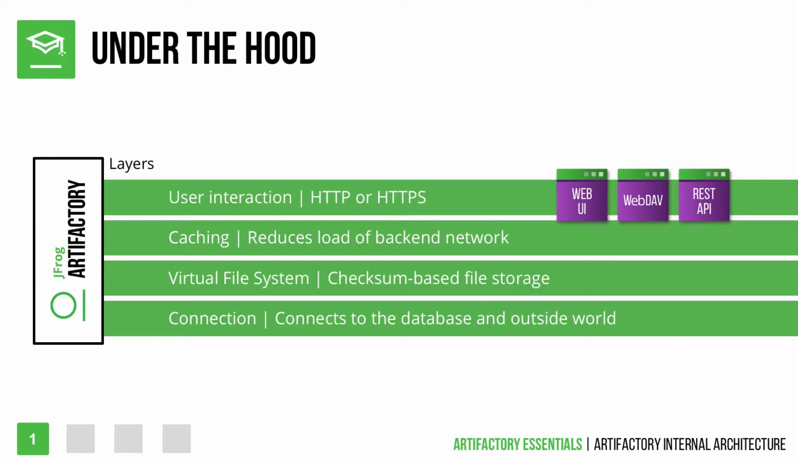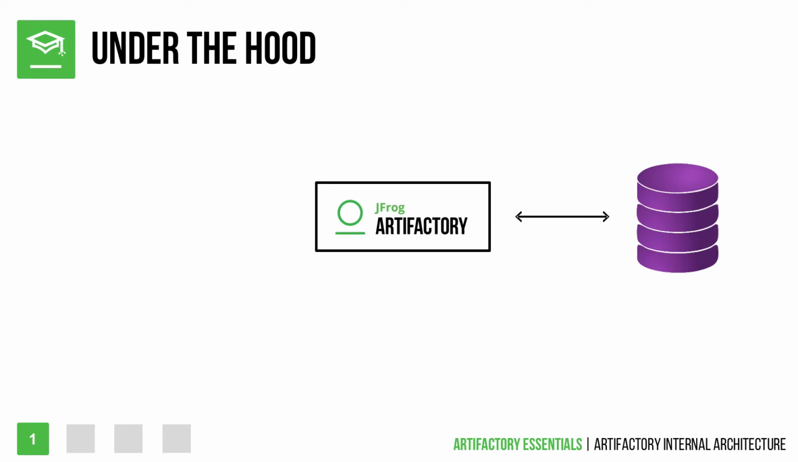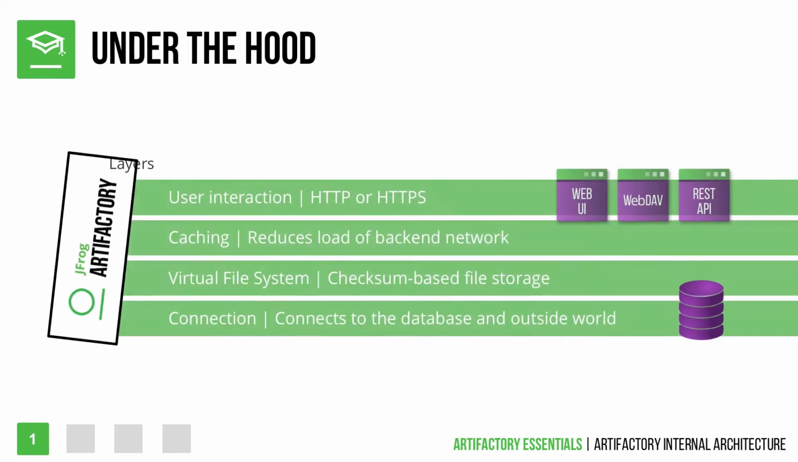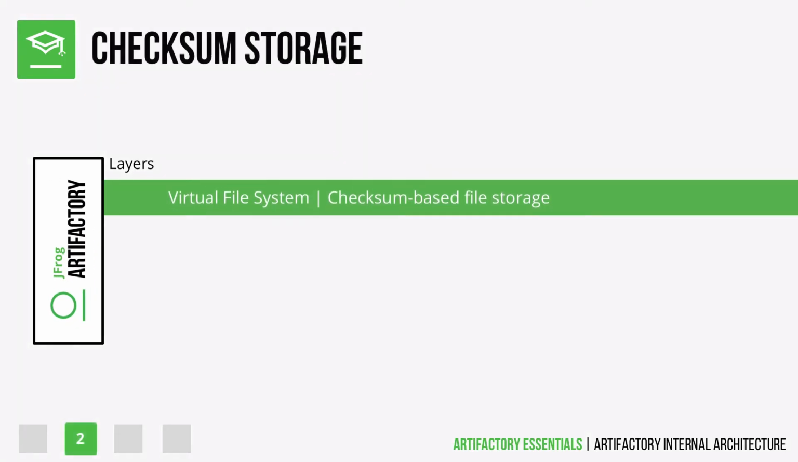Besides connecting to the database on this layer, Artifactory has an HTTP connector to the external world. This is how Artifactory accesses remote repositories. It is also a two-way connection with JFrog Bintray that pulls data from JCenter and pushes it to Bintray via distribution repositories. Now that we've looked under the hood of Artifactory, let's return to the virtual file system layer and